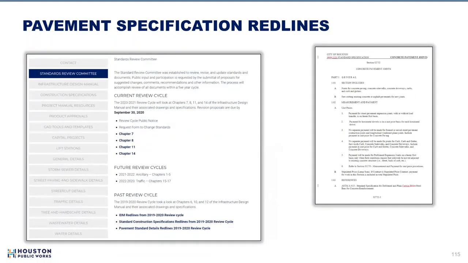Similar to what was stated earlier for the IDM red lines, specification red lines have been posted on the City of Houston website. On that PDF, you'll see detail as far as what exactly was changed in the documents. Red lines are available for two specifications that receive major revisions, which are 2751 concrete paving and 2752 concrete paving joints. To get access to all of these documents, again, I think it was mentioned earlier, you just go to the Design and Construction Standards website, select the Standards Review Committee tab,